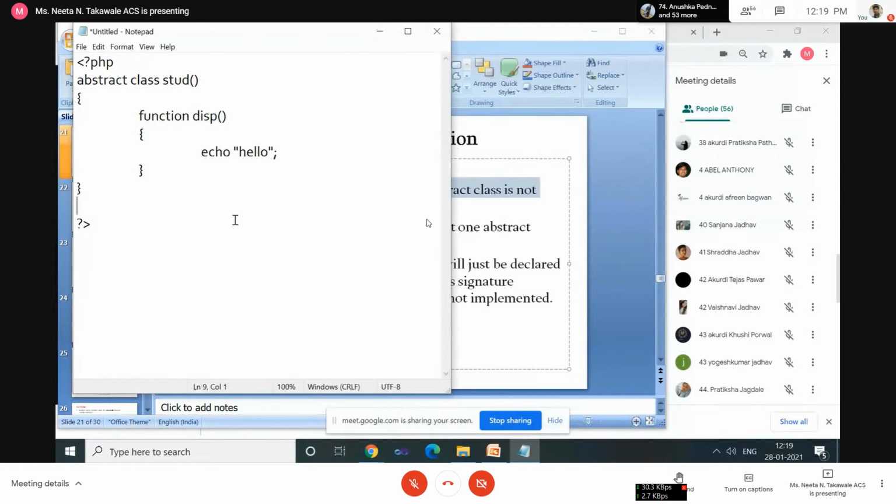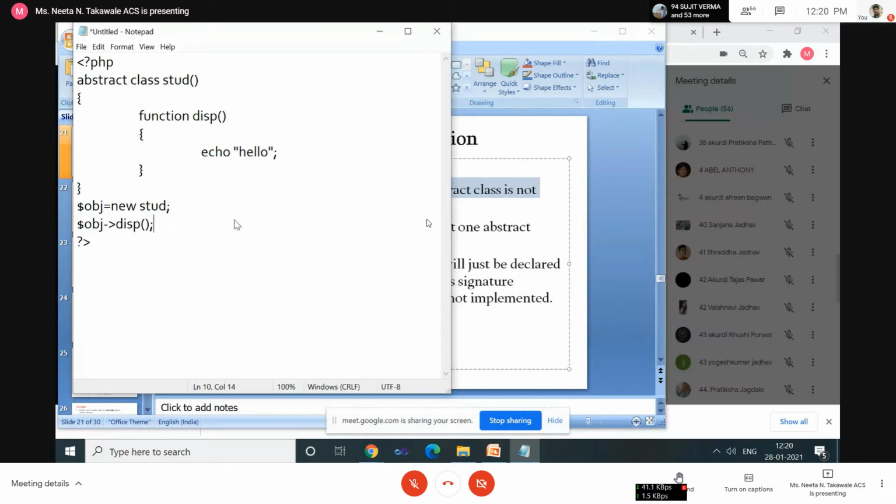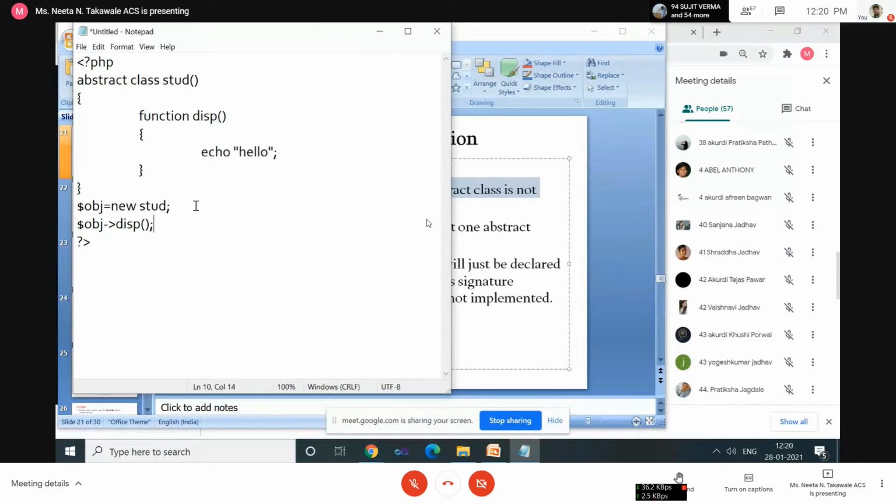Here I am creating the instance of the abstract class, which means I am creating the object of the abstract class, and using this object I am trying to access the display method, which displays the hello message on the screen.